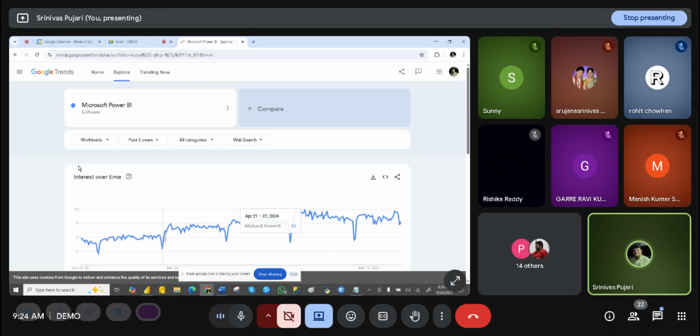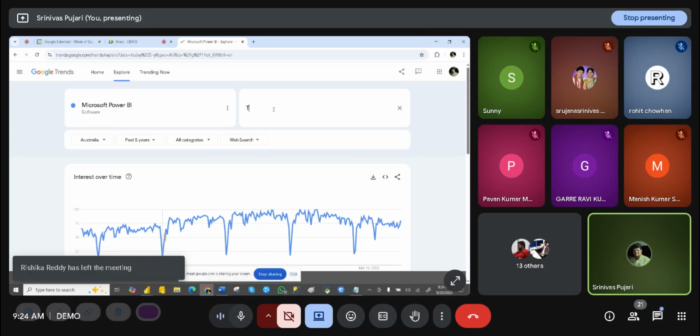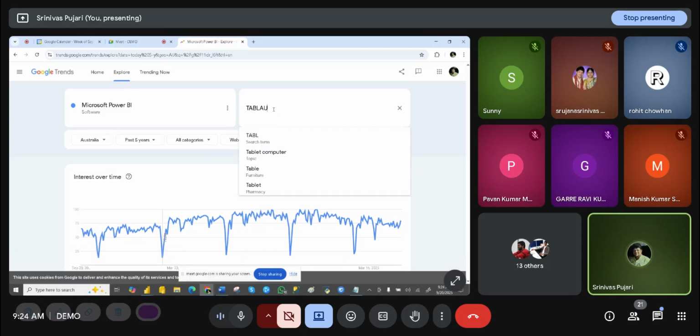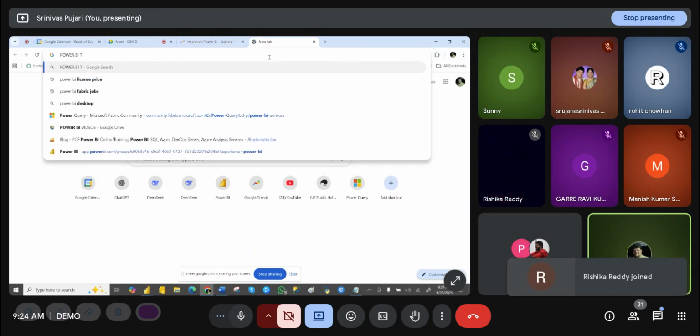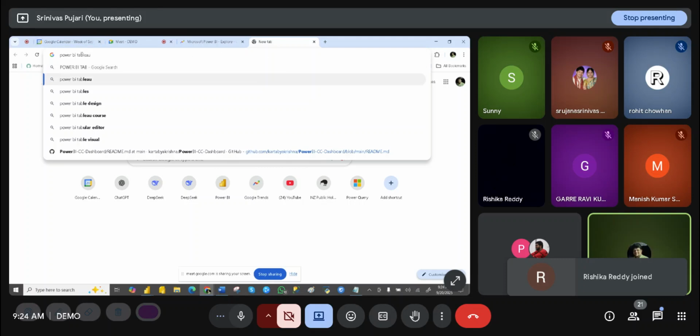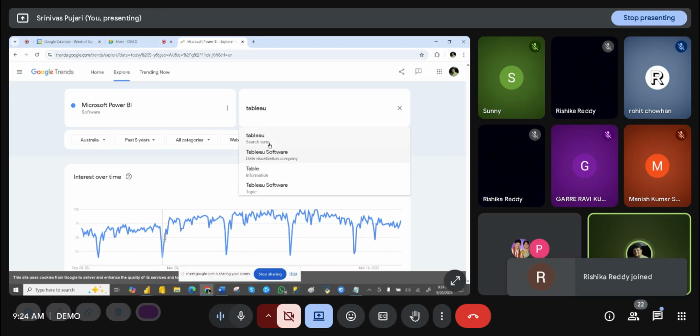Even if you check some of the countries, we'll compare Tableau and Power BI randomly.